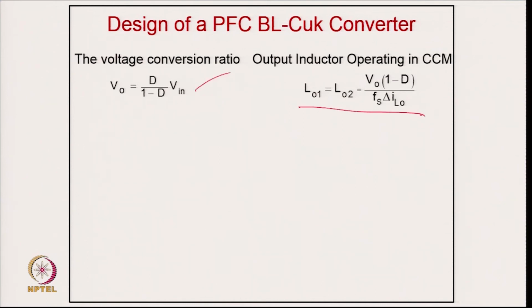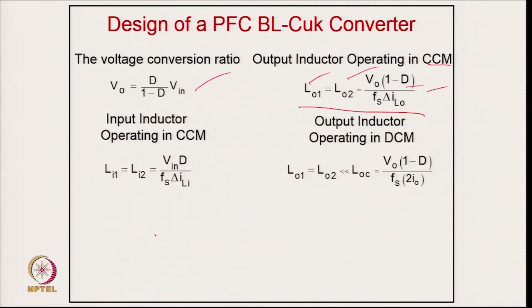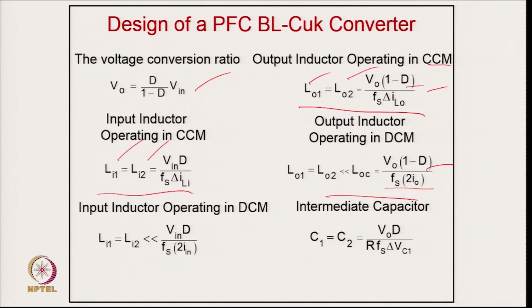This is the input inductor and output inductor design for CCM, continuous conduction mode, depending upon the duty cycle which you get from the output-input relation, and this is the input inductor for positive and negative half cycle. Of course, for critical mode, the output inductor relation is this. So, if you want to operate in critical conduction you can take this value. If you are operating in discontinuous mode, then you have to take much less than this value, like 1/3 or 1/4 of what you calculate from here. And this is the input inductor typically for DCM. This was CCM, this is for DCM, and this is